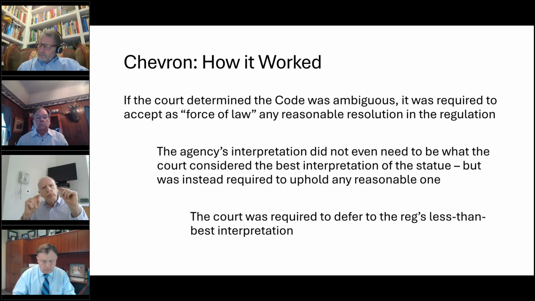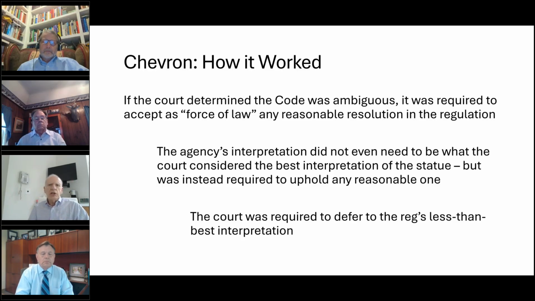If the court determined at step one that the statute was ambiguous, then it turned to step two, which was whether or not the agency reasonably resolved the ambiguity. And by the way, once the courts determined that the statute was ambiguous, it was overwhelmingly likely the court would turn to step two and say, no problem, the agency reasonably resolved the ambiguity. That was a very powerful piece of authority the agencies enjoyed under Chevron as a practical matter.